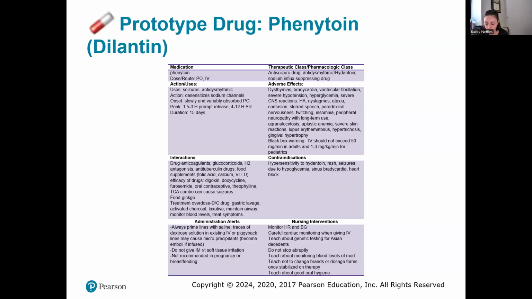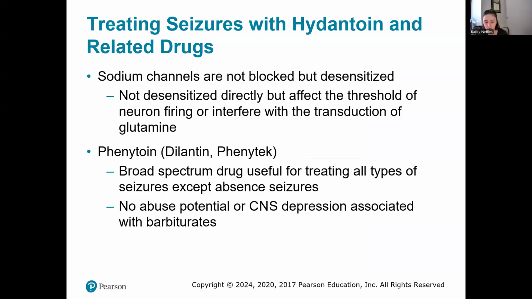Okay. So earlier we talked about related drugs. The hydantoins are related to the dibenzazepines, so that's carbamazepine. That is a medication that we use often. It can cause hepatitis. It's not severe hepatitis, but it can still cause hepatitis. We need to monitor that one. I forgot to say that.